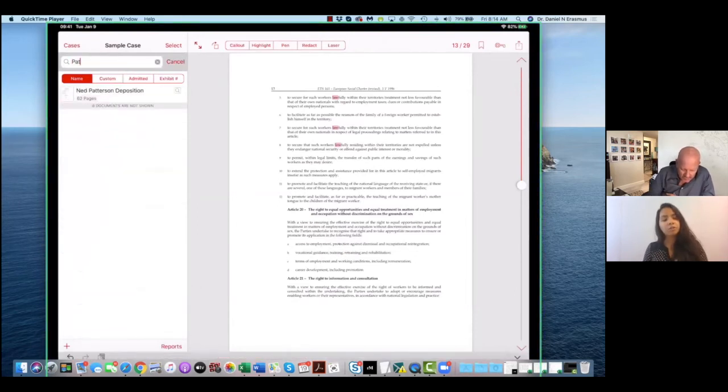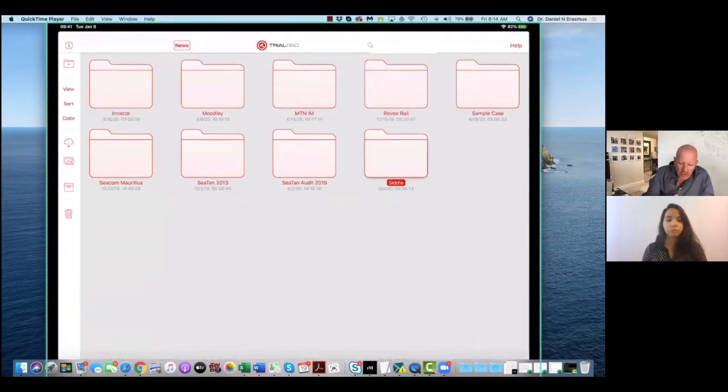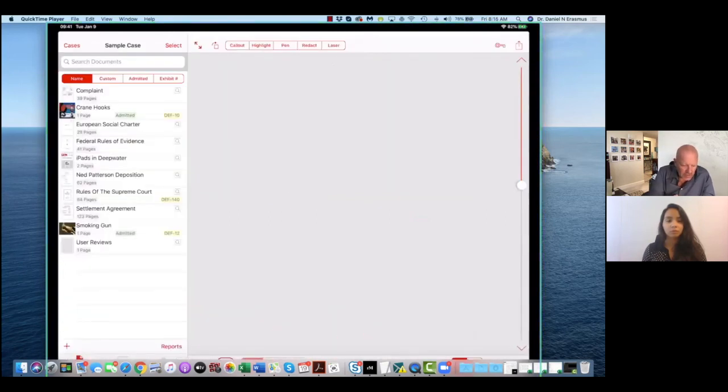And are all these documents the ones that are available to all the parties, or do you also have your preparation documents from just one party, or is it just all admitted evidence? So what you would typically do in using TrialPad is rather use documents that would be admitted in court. So all of these documents that are listed here are documents that would go to the other party.